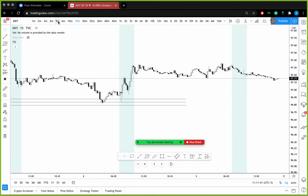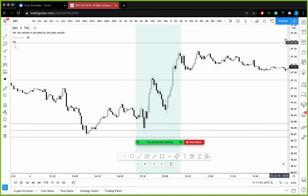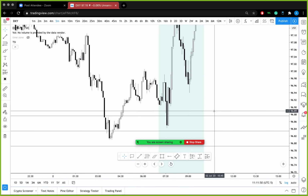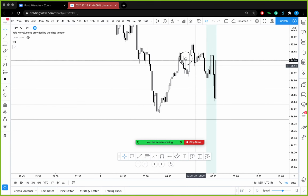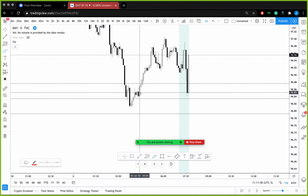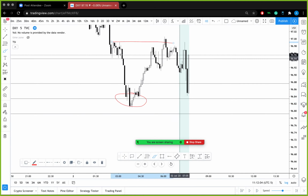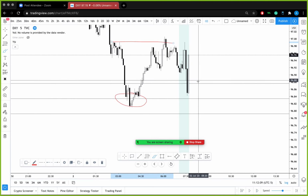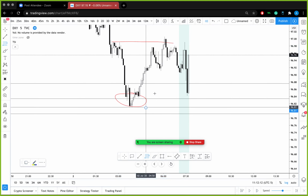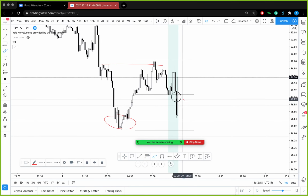But when we start zooming in, it starts making more sense, which is where that NFP play came in on Thursday, right? We see the reaction from a point of interest. From there, we get a reaction. You could say it tests previous scalping structure, but what I care about is seeing what happens when this returns back to premium, right, which happened here. I mean, back to discount, I'm sorry. When it comes back here, right, and if we zoom in,